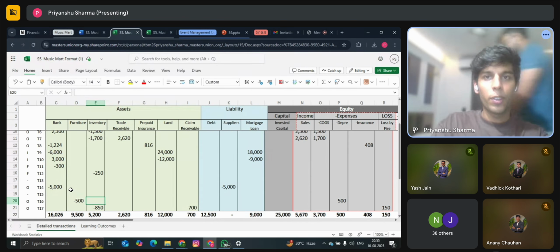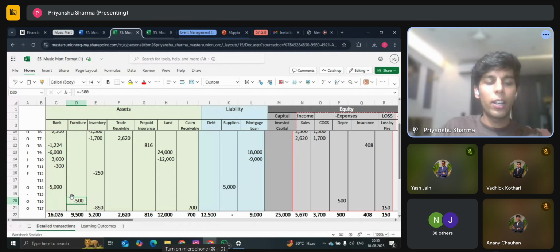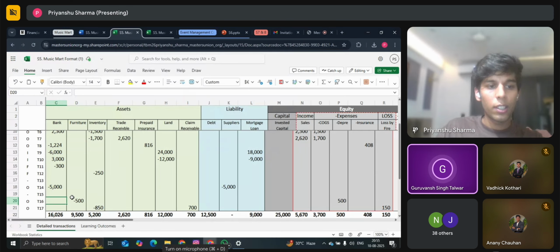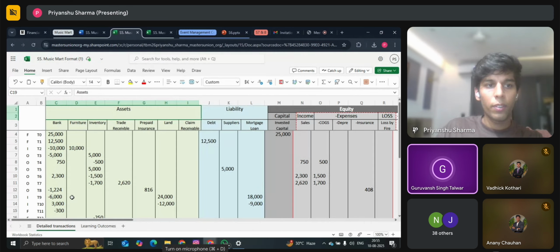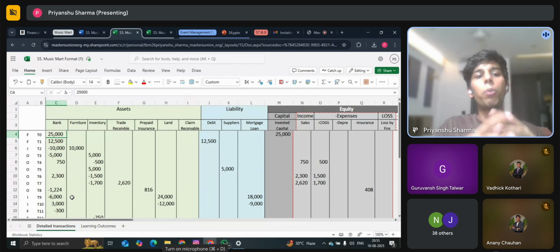Yeah. Alright. If there are any doubts, the first transaction, what should we do with that? Is it financing or investing? First transaction is the founder putting in wealth in